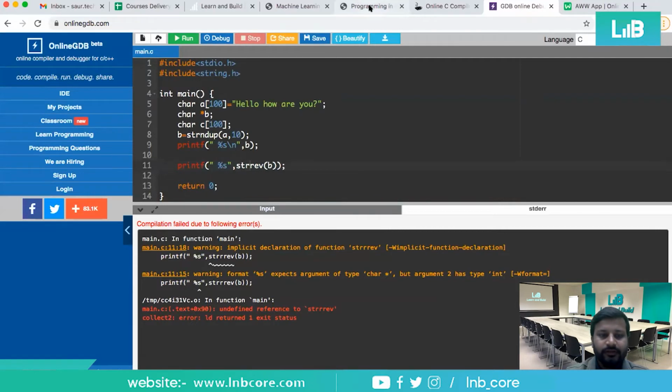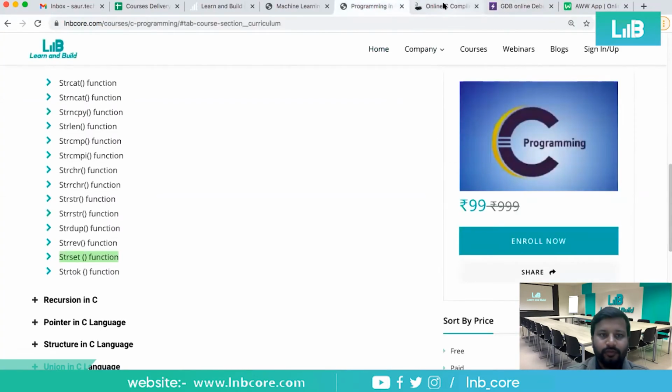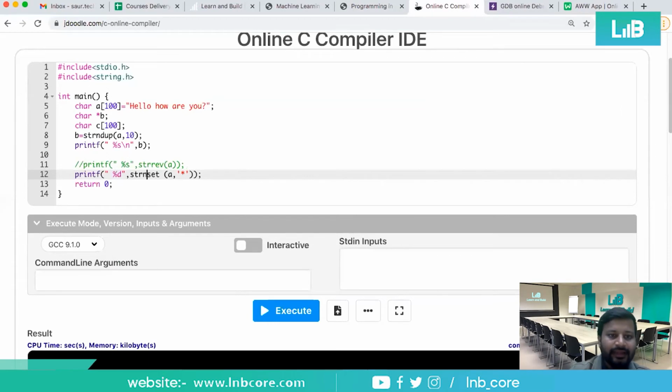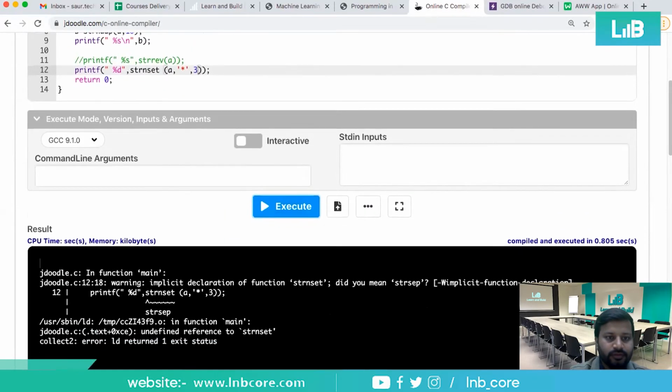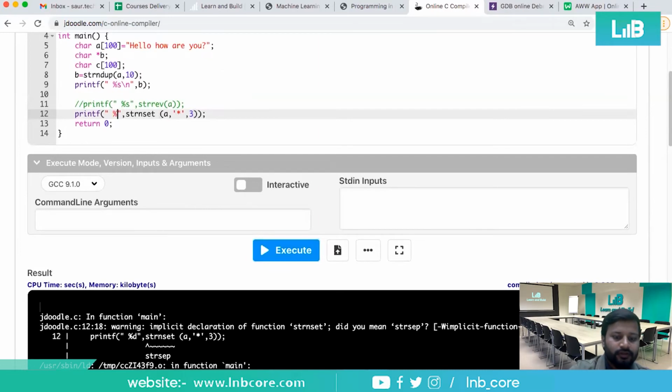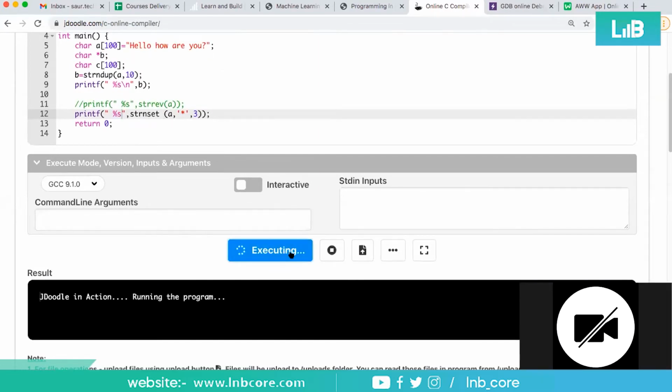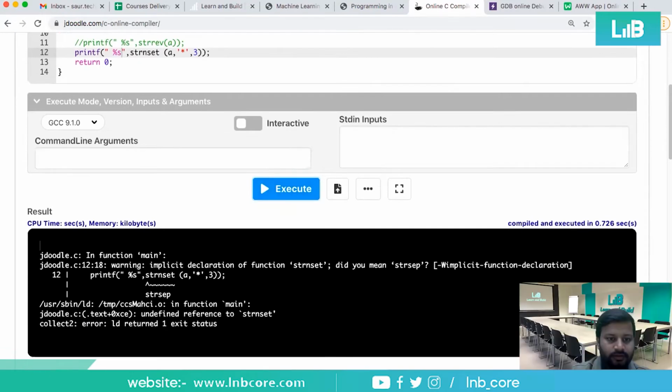right? So let us go and find out one more command, strnset, right? strnset कि आपको कौन सी लोकेशन पे स्टार पुट करना है या कितनी नंबर ऑफ लोकेशंस पे स्टार पुट करना है. Suppose that is 3 locations. 3 locations means HEL. These 3 locations would be converted into star, right? So let me run this, whether this command works for us. No, this should be S, not this one. 1 second, yes.